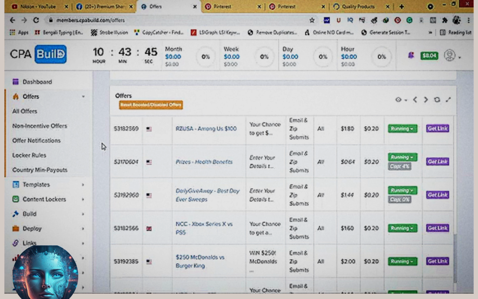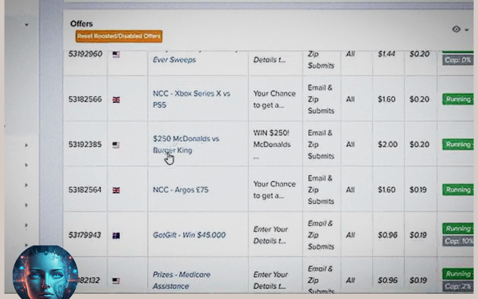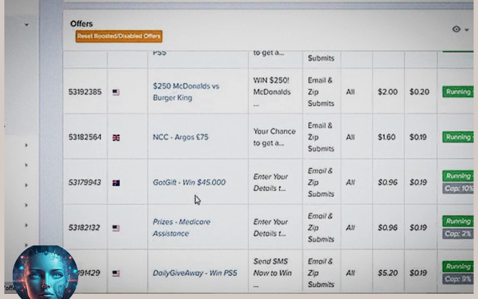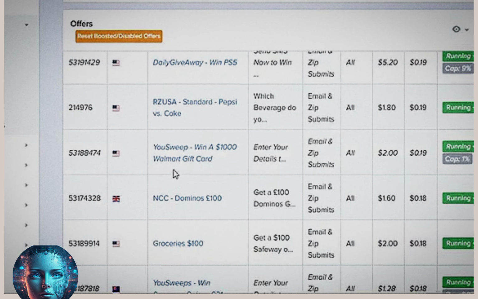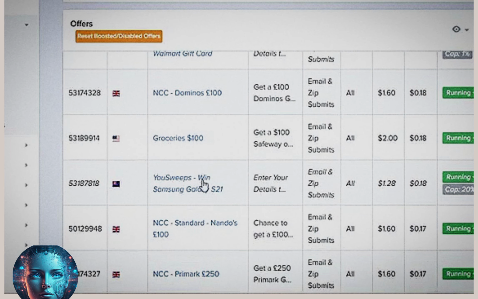So let's start with this: in every CPA network, you will see offers mostly like this one, the gift vouchers or gift cards, this Amazon gift card or Walmart gift card giveaways. You can see the Walmart gift card, Domino's or Burger King, this type of offer.